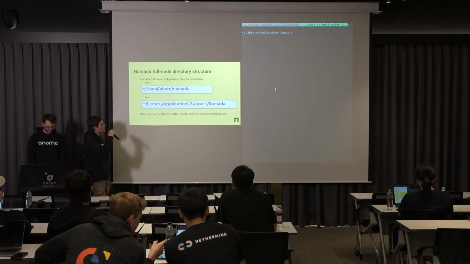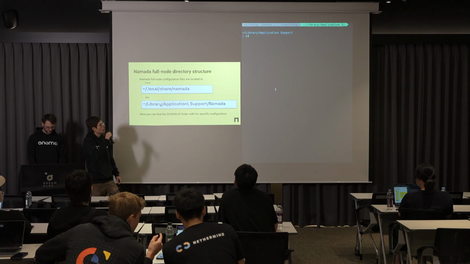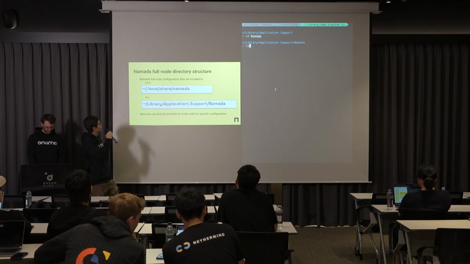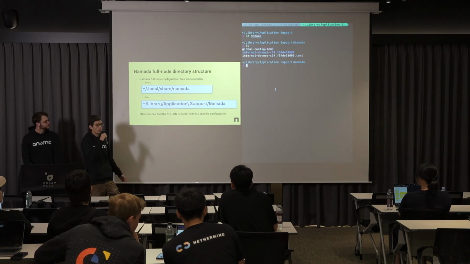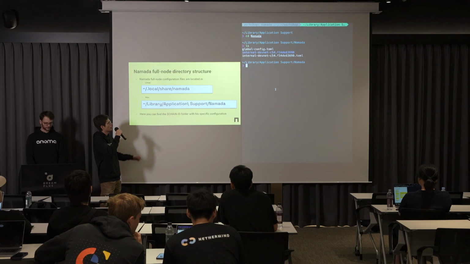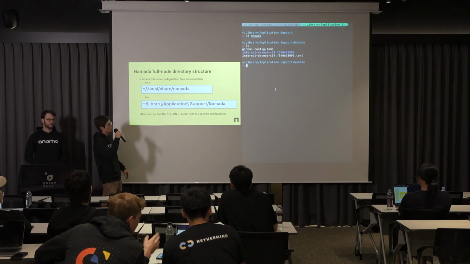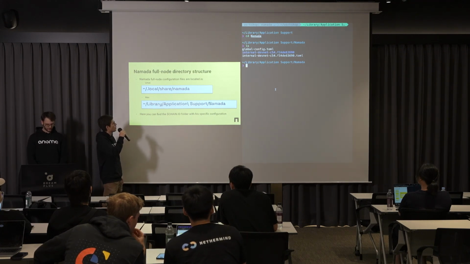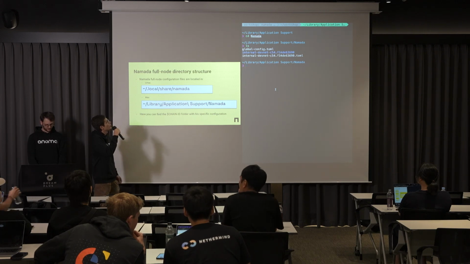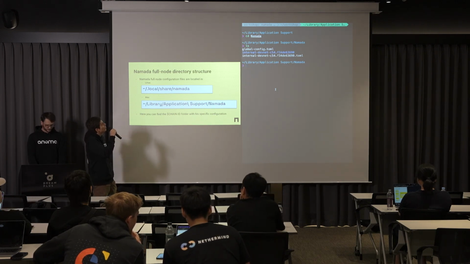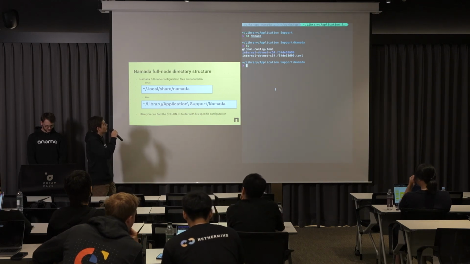Okay, meanwhile the node is catching up, we can check what's in the node folder. You can check where the node folder is based on this path. We have a different path for Linux and for Macintosh. So let's see. Inside the Macintosh Namada base folder, we have a folder and